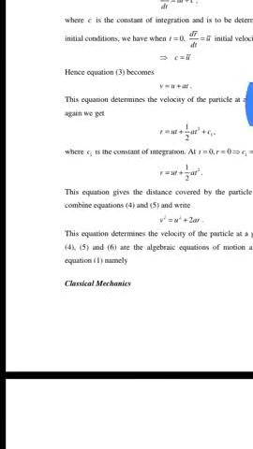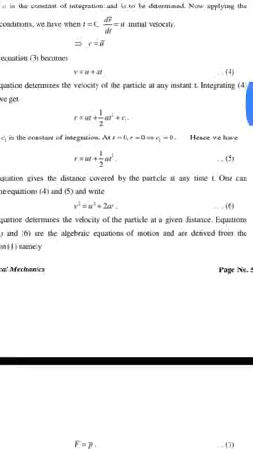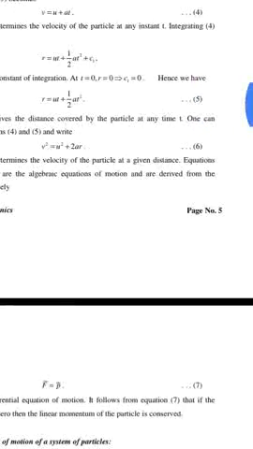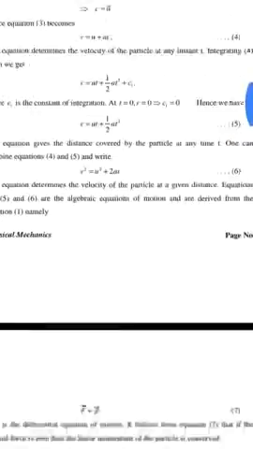Use v square is equal to u square plus twice ar. This equation determines the velocity of the particle at a given distance. The equations v square is equal to u square plus 2ar, r is equal to ut plus 1 upon 2 at square, and v is equal to u plus at are the algebraic equations of motion, and are derived from equation 1, namely